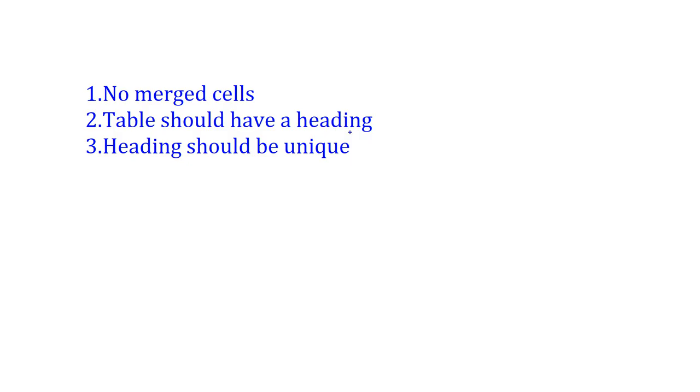I think the first one everyone would be aware of, no merged cells. Second one also, the table should have a heading. What is the meaning of the third one? Heading should be unique. The same heading name should not be repeated. Okay, fine. So I understood this: no merged cells, the table should have a heading, and the heading should be unique. Perfect. Now tell me,